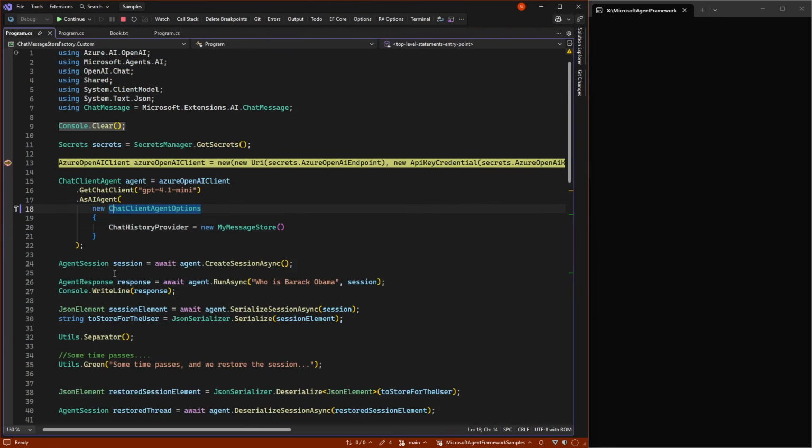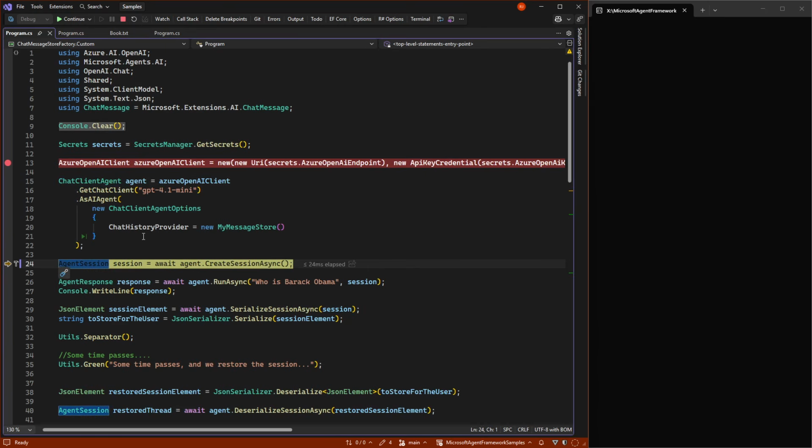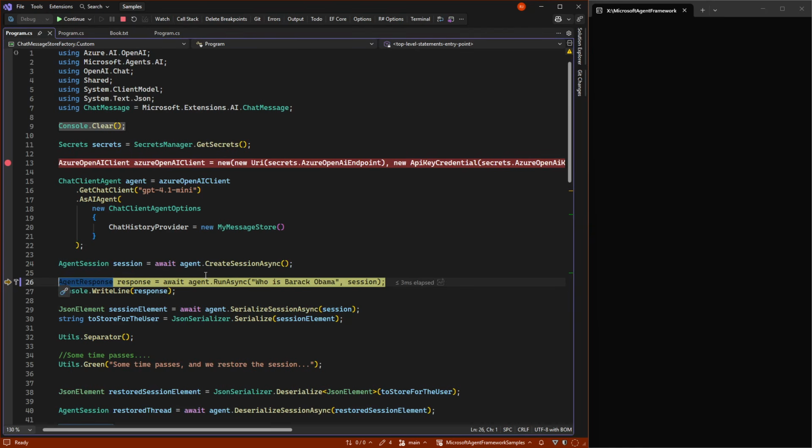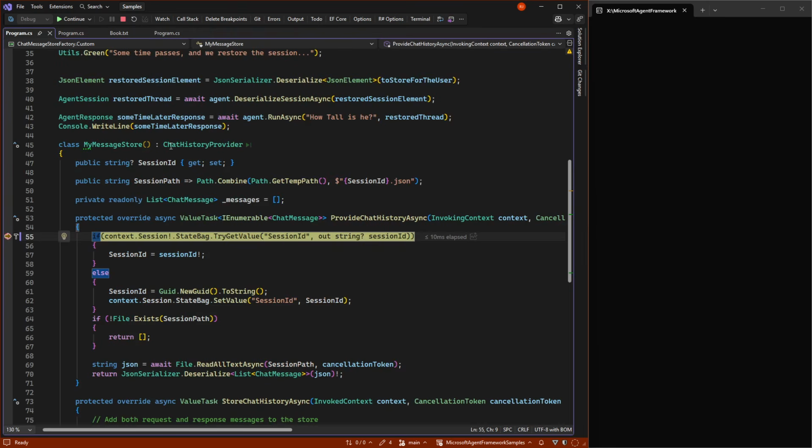And the way it works now is whenever we make it, nothing special happens. Didn't do that before. And when we create the session, nothing special happens there. But the session has something called a state bag now. And you can see the state bag doesn't have anything in it right now. But when we ask the first question, who is Barack Obama, with the session, and I press F10, we hit our chat message up here. So instead of a thread ID, we have a session ID, and right now the session ID is null.